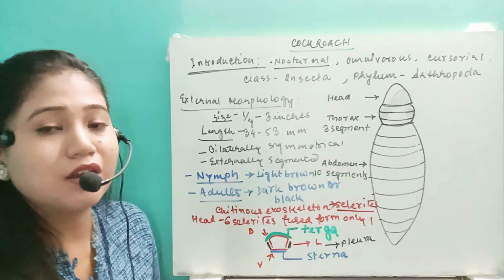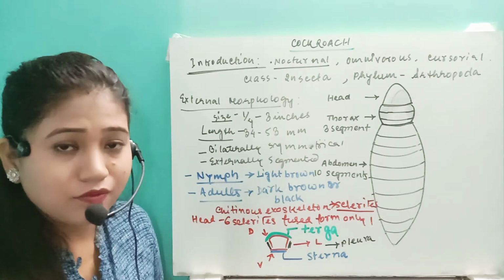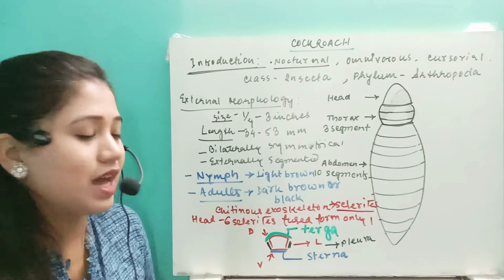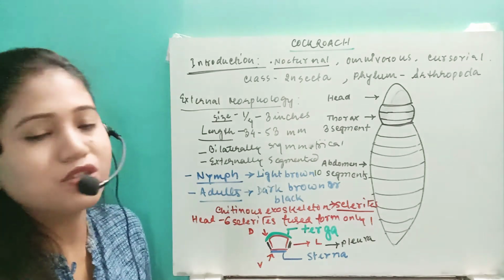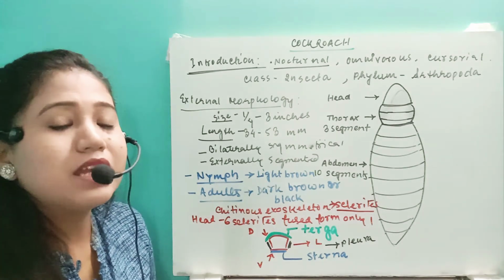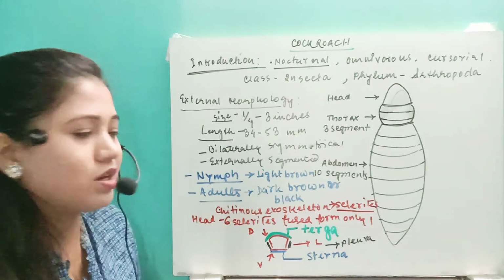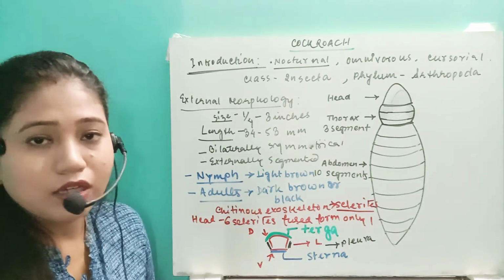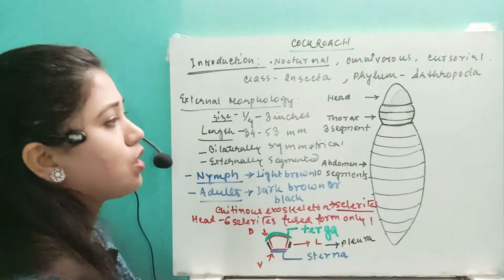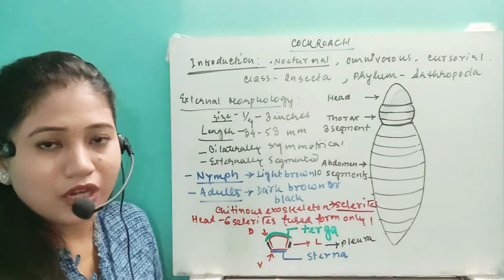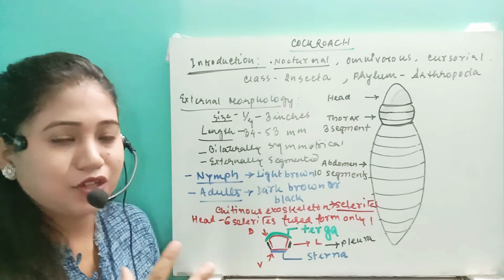That's why they can survive in relatively dry environments. And the second thing, it also protects the visceral organs. That means internal organs can be protected by these sclerites or this chitinous exoskeleton. Now, the head is going to have only one conical shaped sclerite that is actually fused from